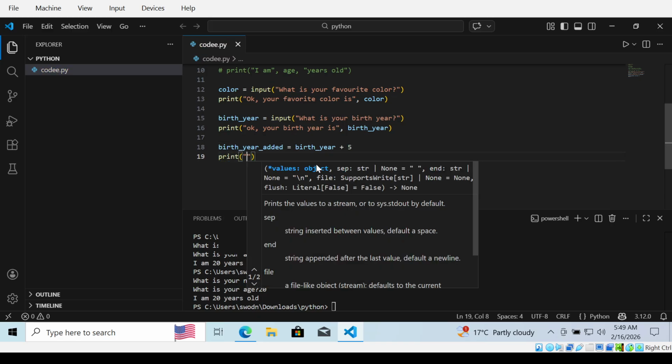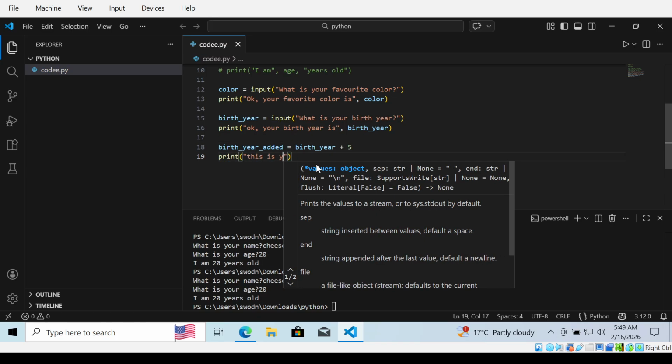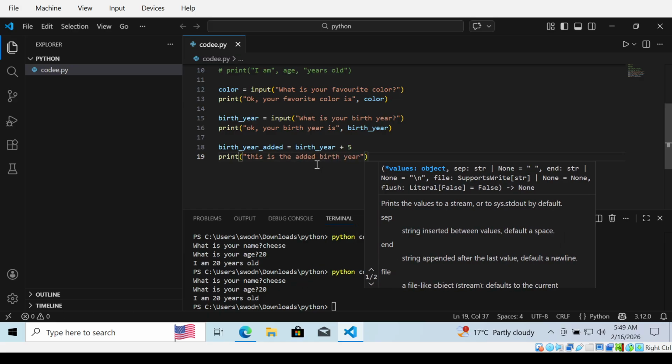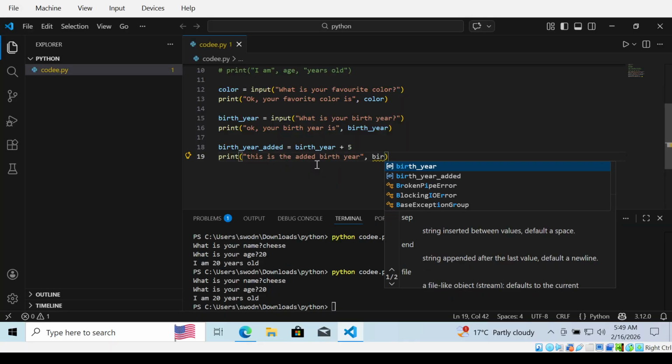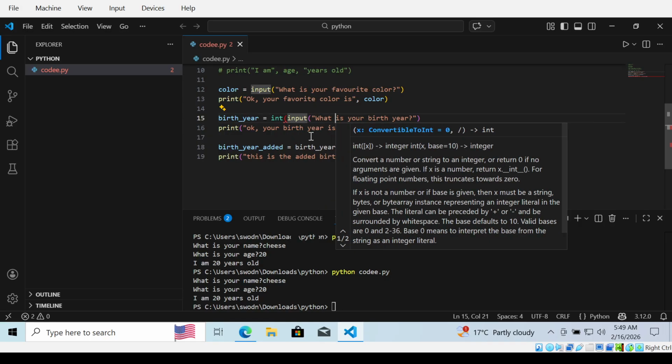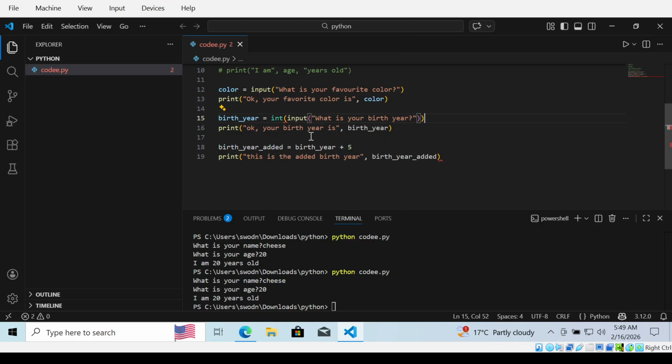We're going to call the print function, and we're going to print, this is the added birth year. And over here we're going to type birth year added. And that's going to show us that it added 5 to the birth year, right? But this is going to multiply the text, and we don't want that. So what we're going to do is whatever input the function receives, it's going to return that. But before it returns that, we want it to convert it into an integer. Why? So that we can add 5 to it. Right? So if I run this now,